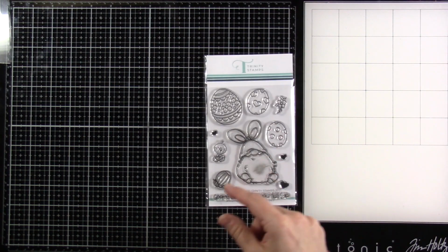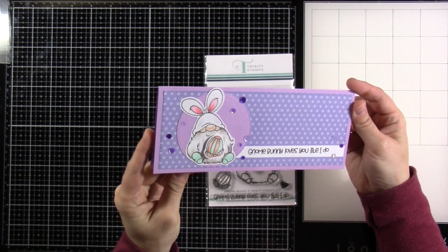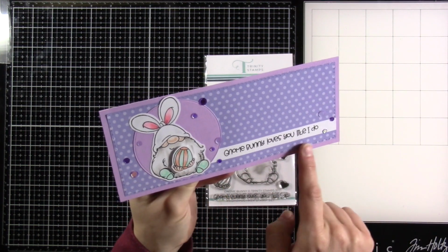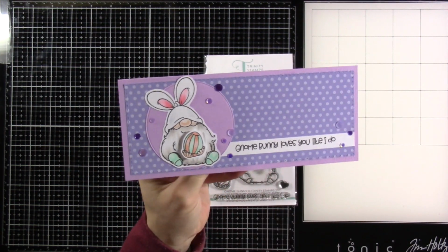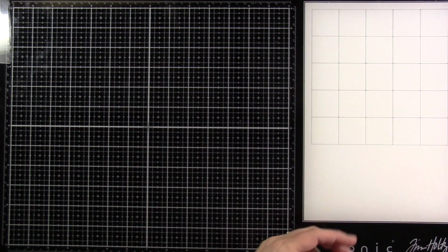And I do have a card for this one. I did a slimline again. So here we have, I made an Easter one. Gnome Bunny loves you like I do. And then I do have him holding the egg. I didn't do anything on the inside, but there's that. Next we have, let's see,